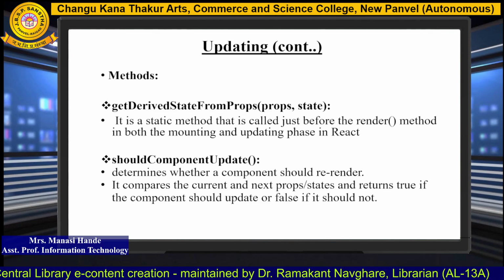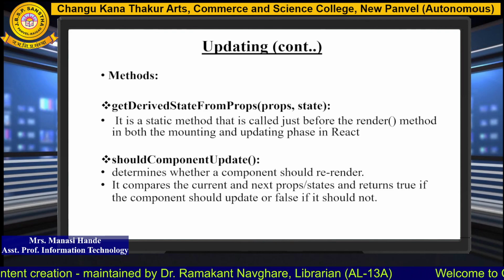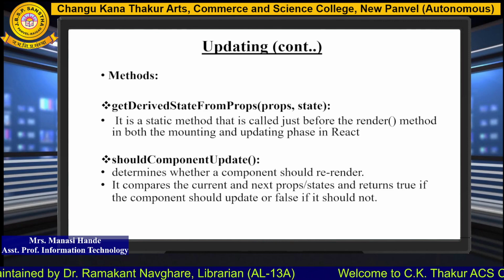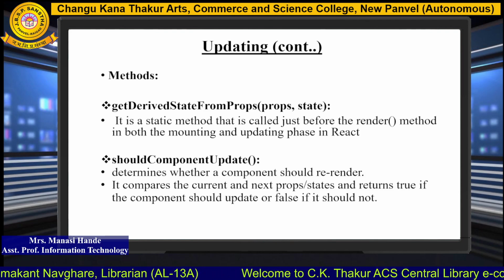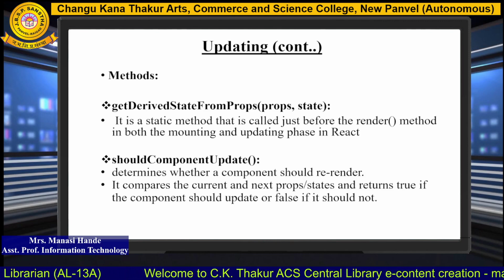Methods that get called during the update phase are getDerivedStateFromProps. This also accepts two parameters, props and state. It is a static method that is called just before the render method in both the mounting and the updating